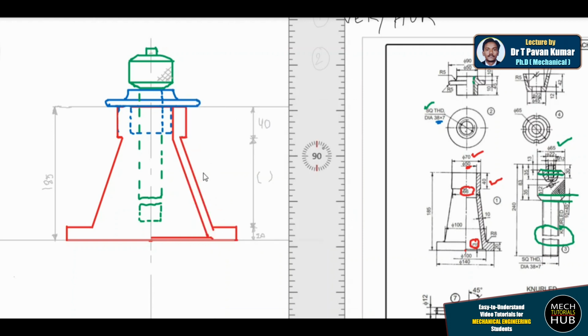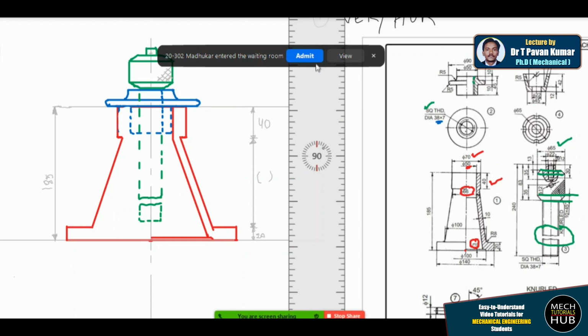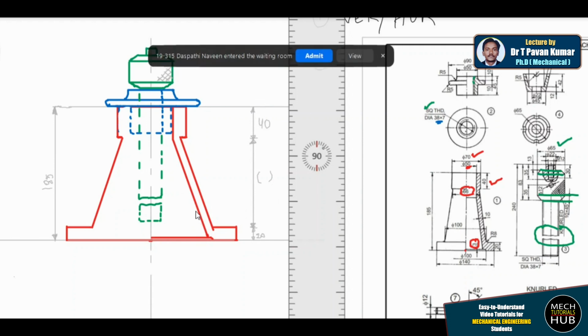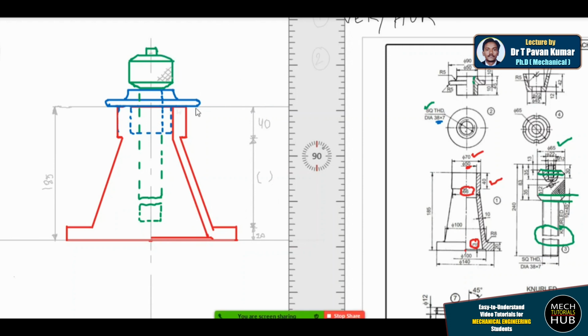Holding in the sense, for example, where exactly do we use it, what is the application of this particular screw jack? It is used to lift the load. For example, if you want to replace the tire of your four-wheeler, then you can easily lift the vehicle by using this screw jack. Fastening and unfastening will happen with this particular screw. This screw will help you to lift the complete load. The part where you are going to place the frame of your vehicle, I haven't placed yet, that I need to place now. Alright, so we're done with part number 1, part number 2 and part number 3.